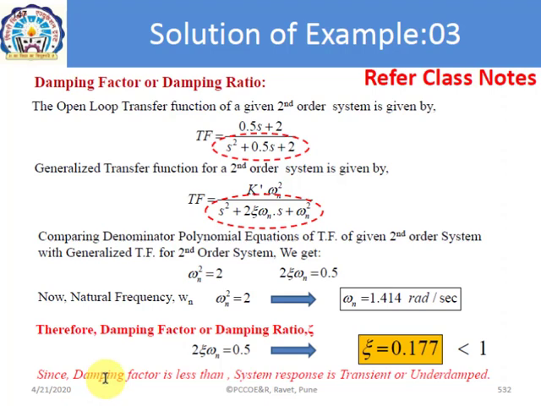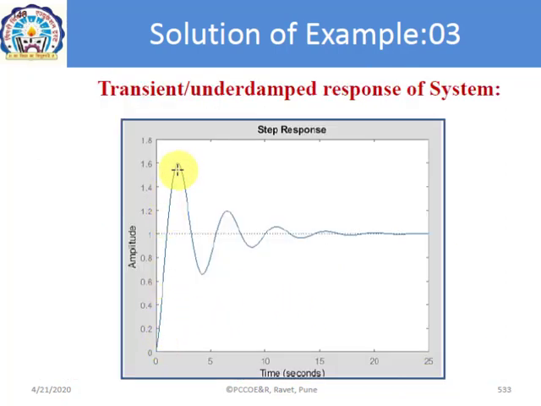So the system response is transient or underdamped. This is the second check from the previous check. The first check is the roots of the denominator polynomial equation, that is, the characteristic equation. If the roots are complex conjugate, this is one indication that the response of the system is transient or underdamped. And the second is that we got a zeta value less than 1, which means the system response is transient and underdamped. If you are plotting the time domain performance for a step input function, this is an underdamped system.